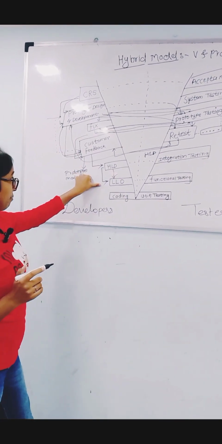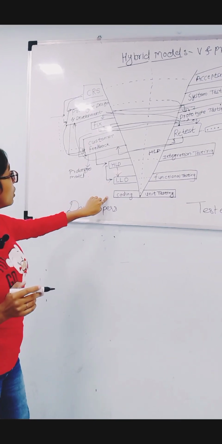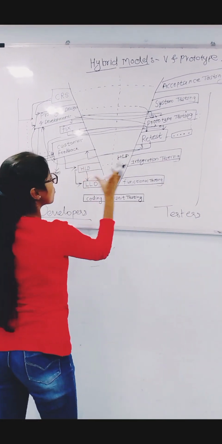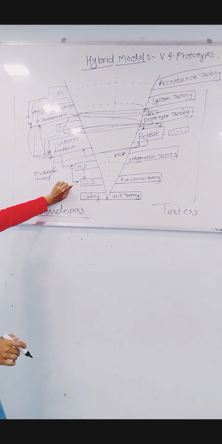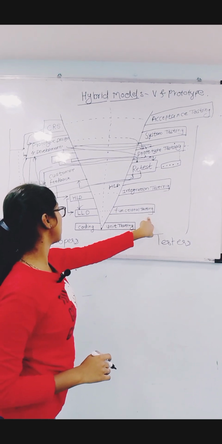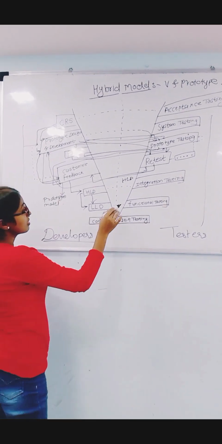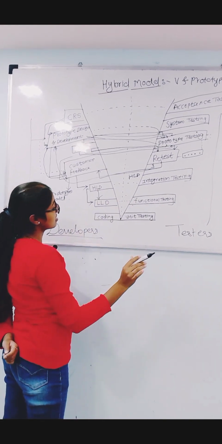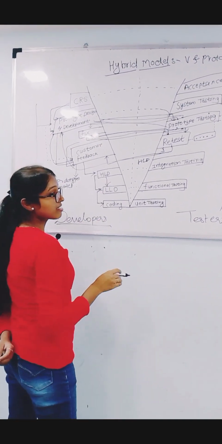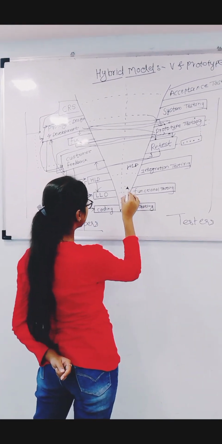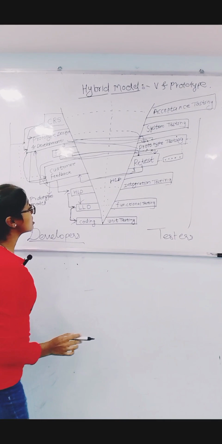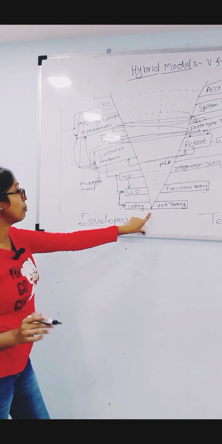Once the LLD is ready, the same LLD is given to the developer. This side is the developer side, and this side is the tester side. Simultaneously, this process will happen. Once the LLD is ready, the same LLD is given to the tester for testing purposes. Then testers perform testing on the LLD, that is, writing test cases, writing a test plan, and reviewing the LLD. Then developers also convert LLD to coding. Once the tester finishes testing on the LLD, the developer also finishes the conversion of LLD to coding. Once the coding is ready, by default the developer performs unit testing.